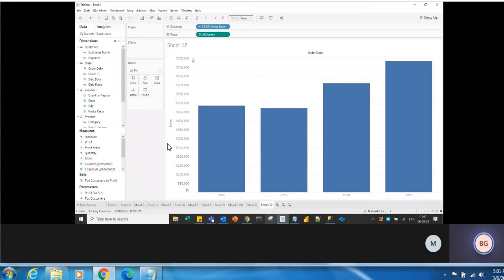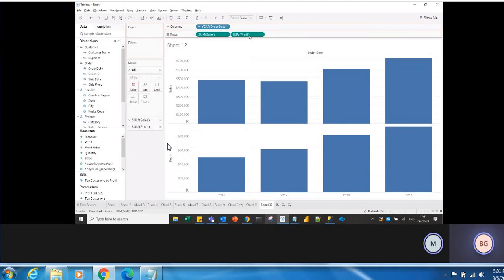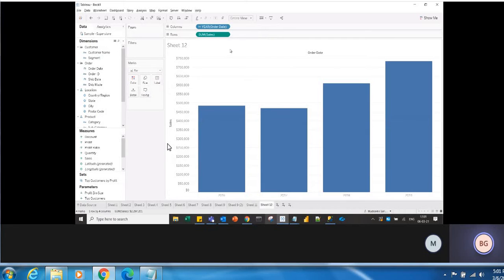So what is the second measure? Profits. If I drag the profits next to sales, what happens? Which axis will get created? Individual axis, correct? So sales separate, profit separate. But I'm removing it. So now I'm not dragging next to the sales. What I'll do? I'll drag the second measure into the existing axis. So there is an axis for sales, correct? So I'll drag the profit also into the same existing axis, just drag it and drop it. You will get two bars like this.